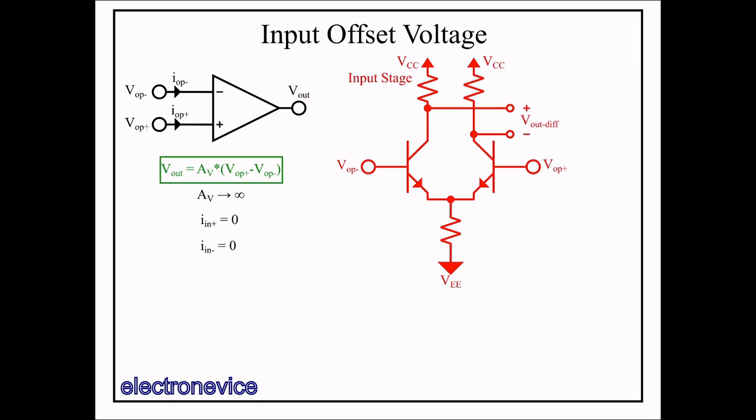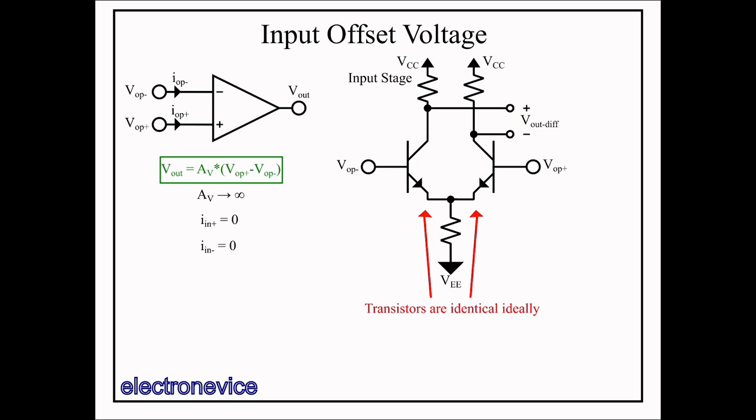I've neglected any biasing circuitry as it would only add confusion, and the standard way of biasing discrete transistors using resistive dividers is much different from the way it is done in integrated circuits. So just assume that the input voltages VOP- and VOP+ are at least several volts higher than VEE and several volts lower than VCC, and that the transistors remain in the forward active region for all applicable input voltages.